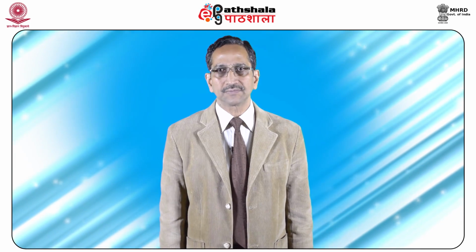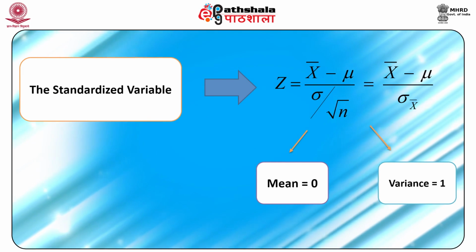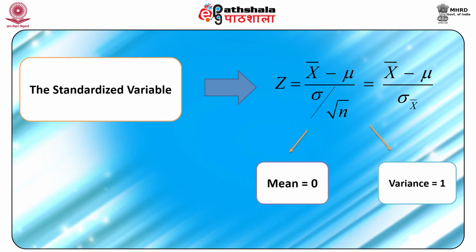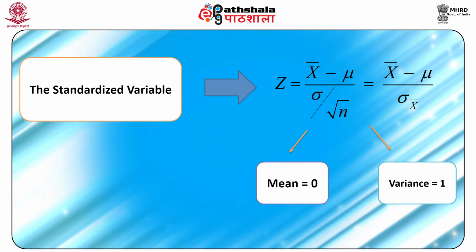Now, sample variance will vary from sample to sample. The variability of the distribution of sample means increases as a result. However, by the central limit theorem, the sampling distribution of means will be approximately normal if n is greater than or equal to 40 when unknown sigma square is estimated from sample data. If the sampling distribution is normal, then we can use the standard normal distribution for making inferences about the population